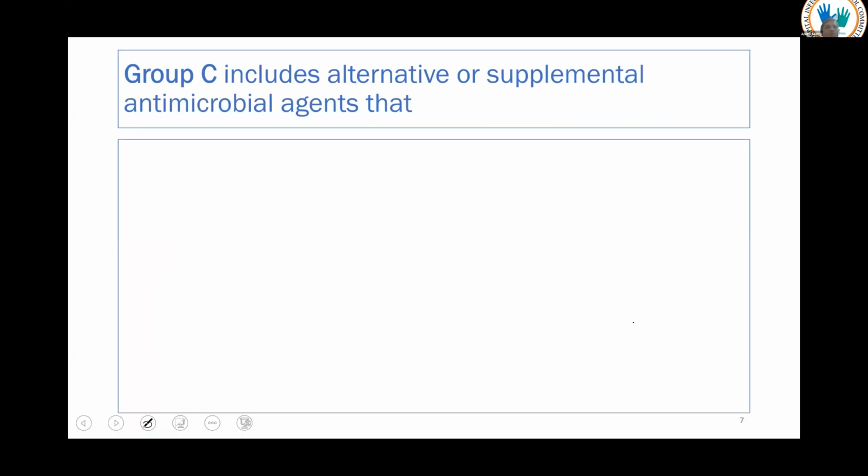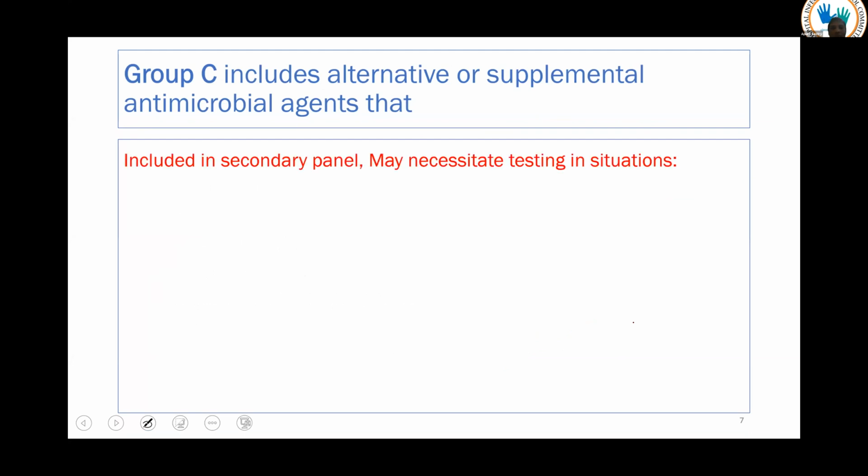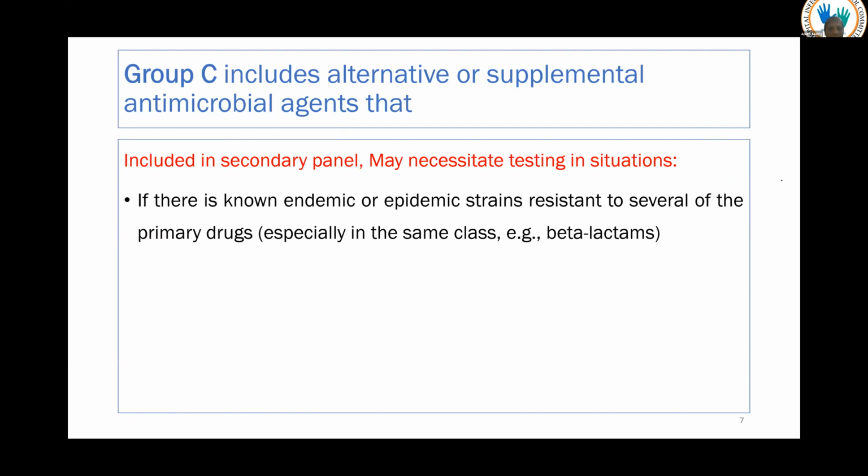Then group C. Group C agents are not tested on day one, by definition. They are a secondary panel of antibiotics. They are tested only when both A and B drugs are found to be resistant. If there is a known endemic or epidemic strain resistant to several of the primary drugs, then you may have to release the group C result. In the US, group C may be a big thing. In India, group C is kind of a primary test that we do,